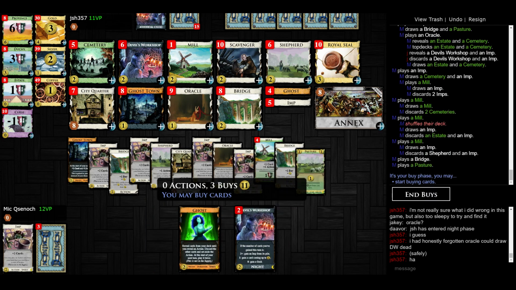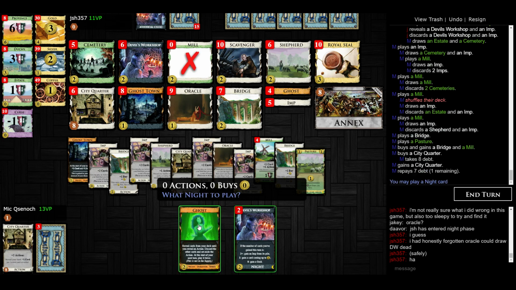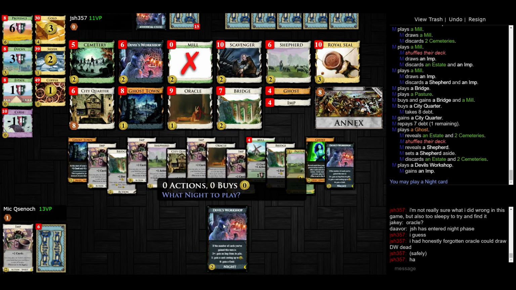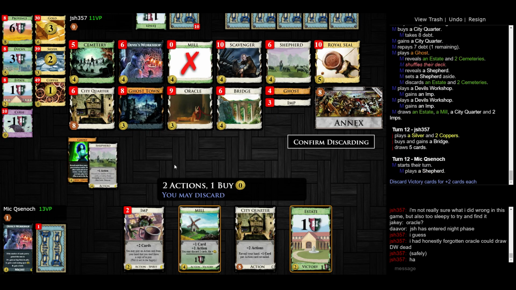I just totally spaced on doing that, actually. But that's alright. We'll get to play something twice. Shepherd's okay. This is like too many imps. There aren't actually that many unique things to gain, but...